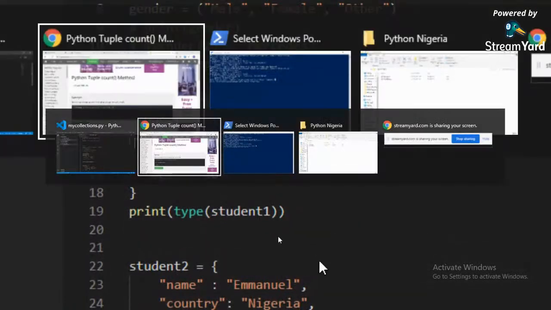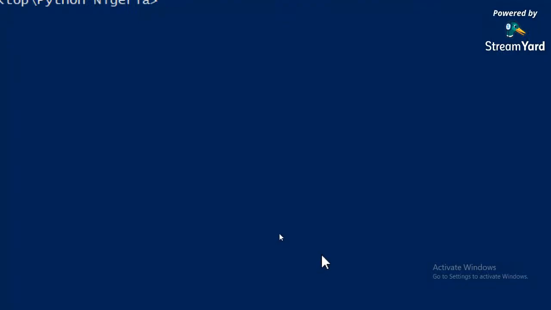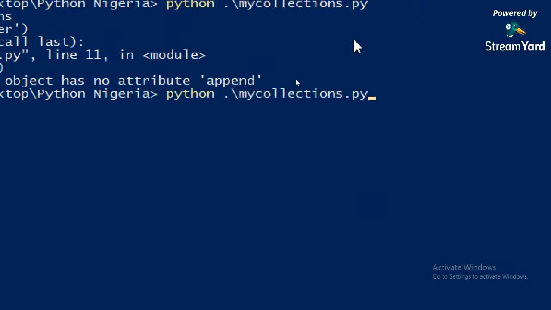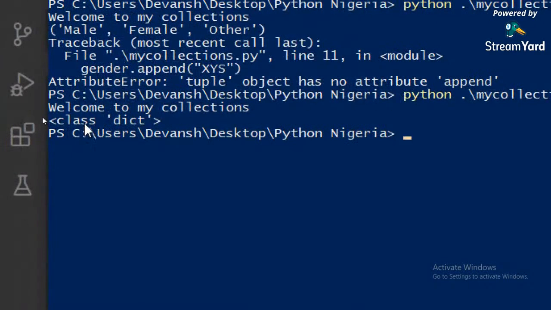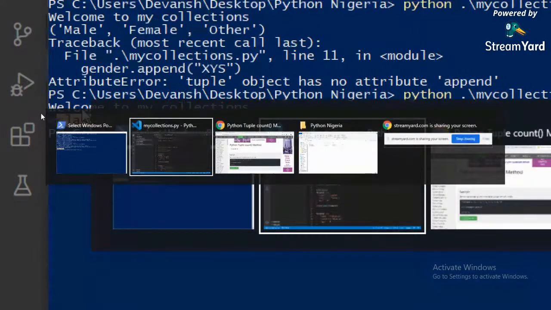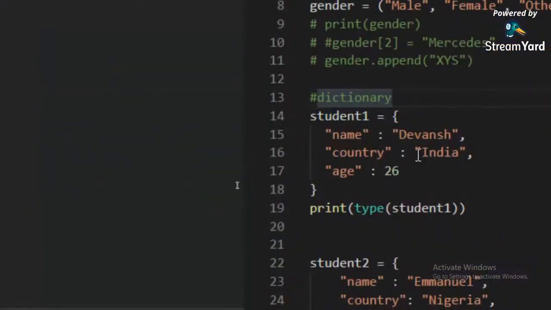If I run this, you will see that the class of this particular data structure is dict, D-I-C-T. Okay, dict stands for dictionary. It is very easy. It is a data structure in which the data is arranged in the key and value